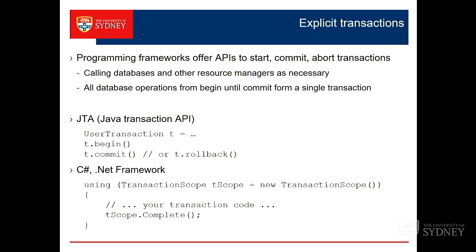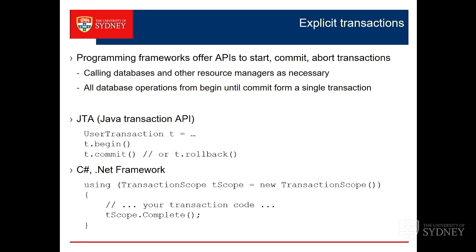And anything that happens between here and here, between the begin and the commit, is part of the transaction. All the database operations and other operations in the system which are covered by a transaction as transactional resources are all covered by those guarantees. Anything that happens between the begin and the commit. And there's the .NET version of it. I'm just using a transaction scope there, and at the end of it I say, okay, that transactional scope from the beginning to end is now finished. And there are lots of other ways of doing that.